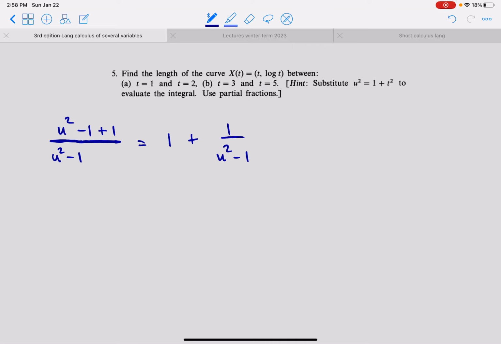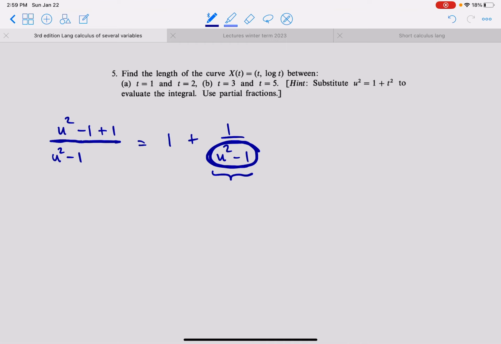And we're going to integrate this, so integrating 1 is easy. That's just going to be u. Integrating this, we don't quite know how to do, but if it were something like 1 over u minus 1, this we would know how to do. The answer is log of u minus 1. So whenever we have 1 over something that's linear, it's very easy. The answer is log. So what we're going to do is use partial fractions, which is a technique that takes